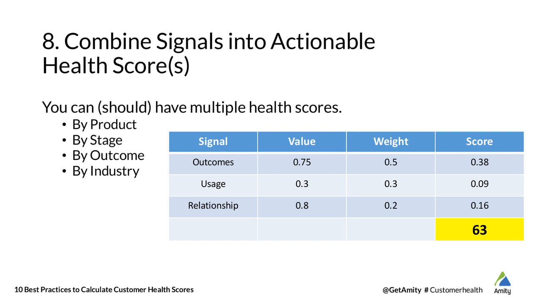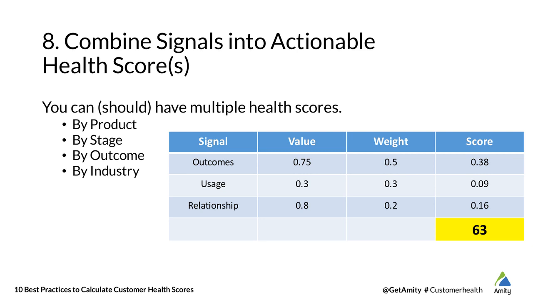So, to calculate a health score, take the value of the signal, and we'll say that that's between 0 and 1, and then give that a weight. So you're saying here that the signal from the outcomes is worth 50% of your health score, your signal from usage is 30% of your health score, and signal from relationship is 20% of your health score. Then just multiply them out with a little Excel magic, and you get the outcome is 38, usage is 0.09, relationship is 0.16, add them all up and you get a health score of 63. And then the really important step is, because it's really hard to tell the difference between 63 and 59, turn that into